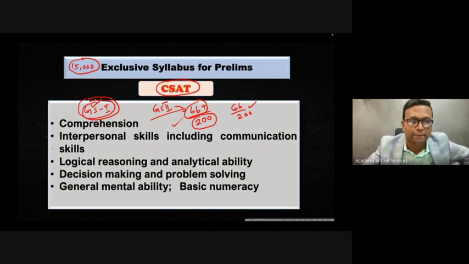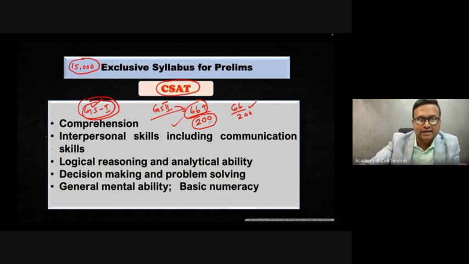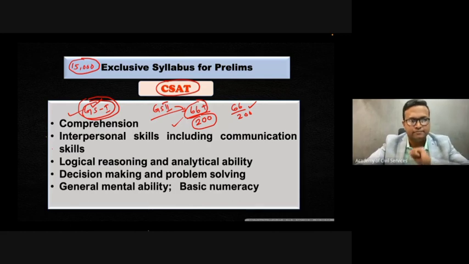That means in the GS1 paper there are no specific qualifying marks. The cutoff of GS1 varies year to year. Among the 15,000 candidates who have got 66 or above in the CSAT, the marks of the last person is the cutoff. What is your assumption? Do you have any guess how much will be the marks required in the GS1 paper? Any idea? You can speak by unmuting your mic.